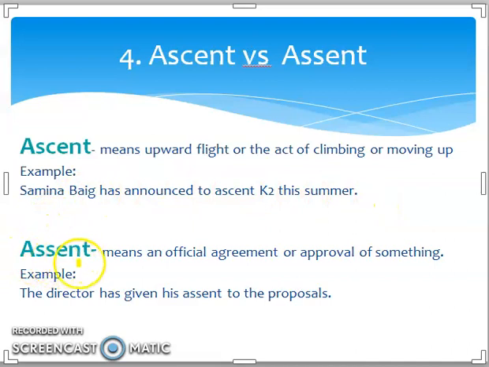The second word, assent, means an official agreement or approval of something. Example, the director has given us his assent to the proposal. So, assent to the proposal means agreed to the proposal, okay? Approved the proposal. Next,